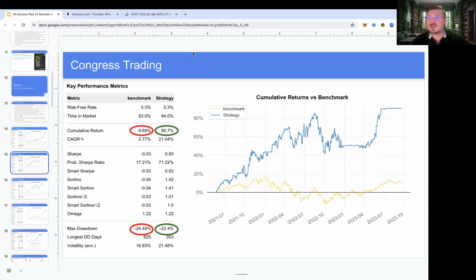Most people, when they see this, have a nice little chuckle. But basically, it's the whole thing, copying Nancy Pelosi or other Congress members. We've actually made a whole bunch of different flavors of this, so if you joined our program, you could use any of these bots. This is one flavor of it, where we take a tally of what all members of Congress are buying.